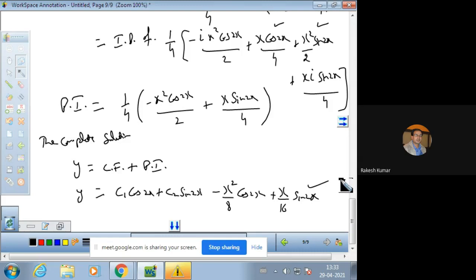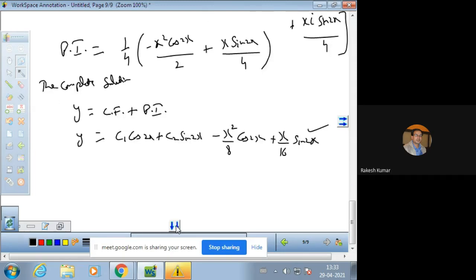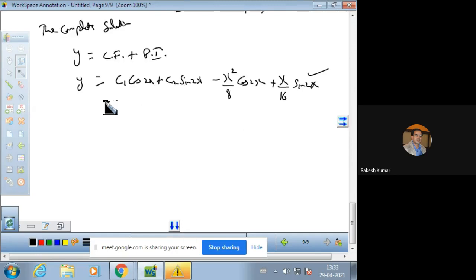So remember, this is the way for finding out the solution of a given differential equation of second order, and the coefficients are constant coefficients. We have another example of a differential equation. Solve (D square plus 2D plus 2) y is equal to e raised to power minus x into secant x.